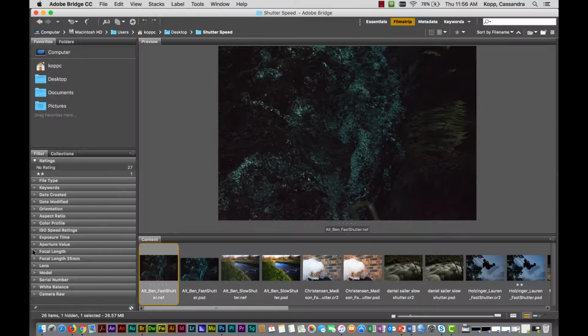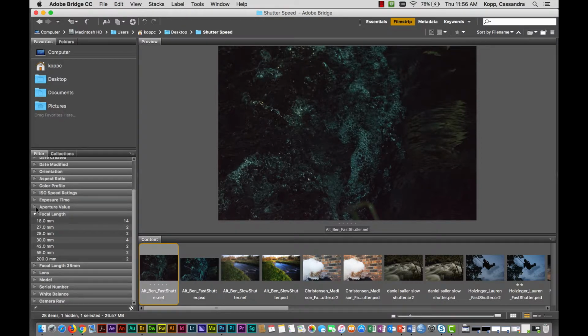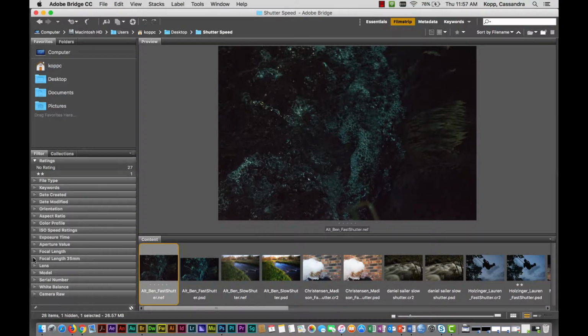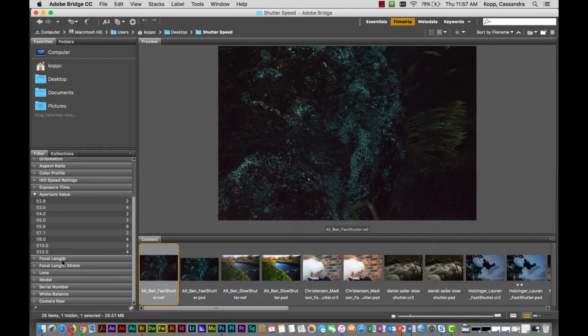Same thing when I'm going into depth of field, and we have one shallow and one deep depth of field. This will give you the same answers. Oh, actually, I clicked on focal length. Let's go back into aperture value. There we go. So looking at aperture value, if we're looking at things that are really shallow depth of field,